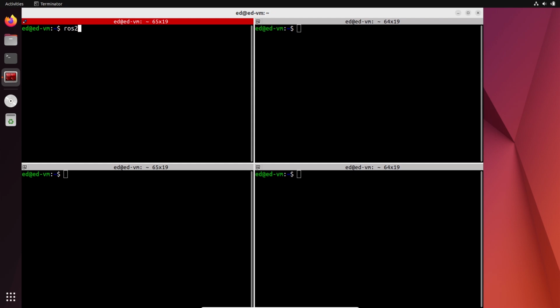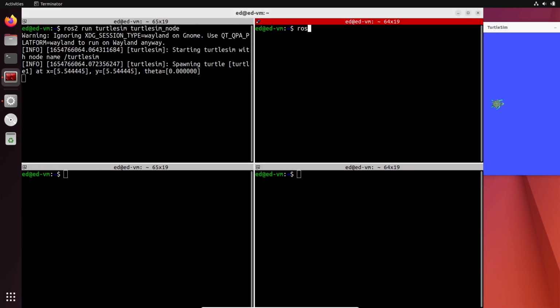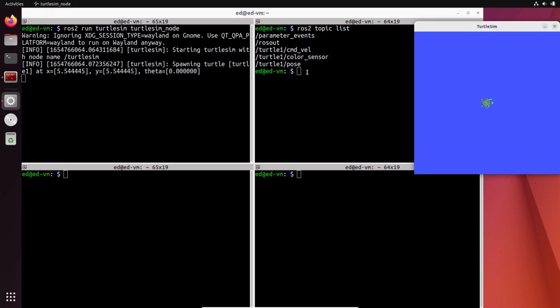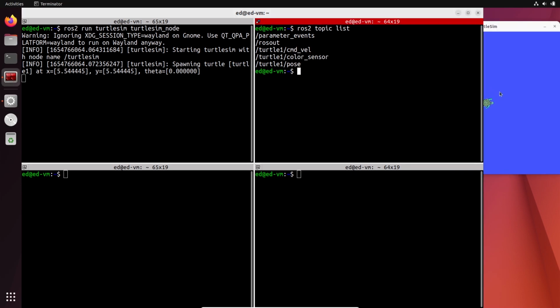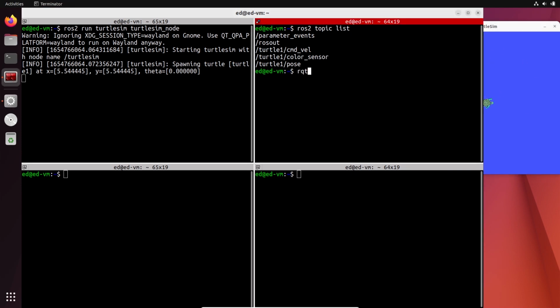So I'm going to run the TurtleSim again, ros2 run turtlesim turtlesim_node. Okay, we have this, and if we do ros2 topic list, let's see what we want to receive. So here, cmd_vel is actually to send data to the TurtleSim. The pose is actually published by the TurtleSim node. So if I do rqt_graph,